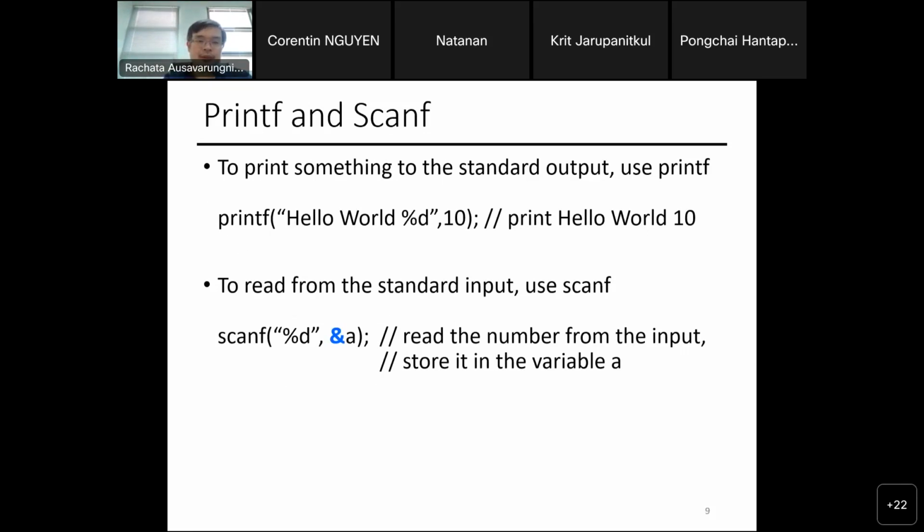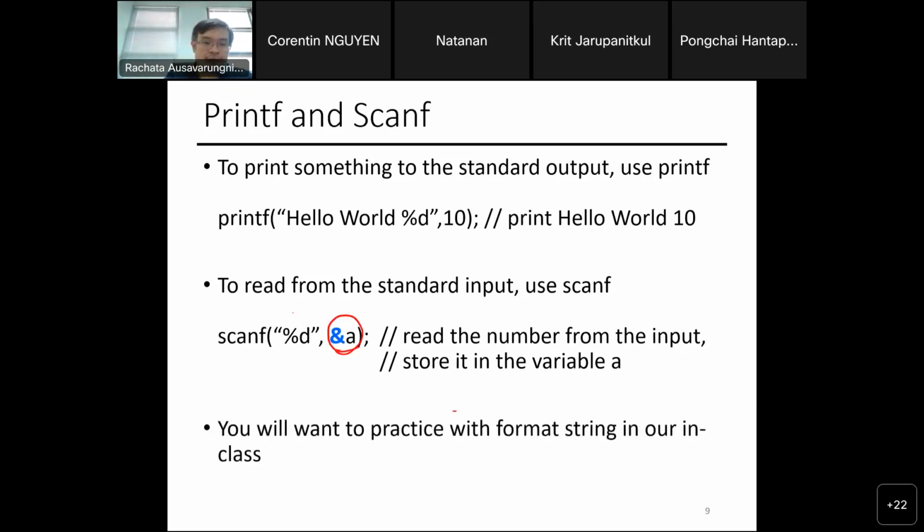And we will talk about what this ampersand is. Why do we need the ampersand today? You can use the format string. So this part is the format string. It is a special symbol that tells the compiler that, hey, this thing is special, so take the value from somewhere and use this particular format, decimal, hexadecimal, floating point number with how many digits that you want to print, right?